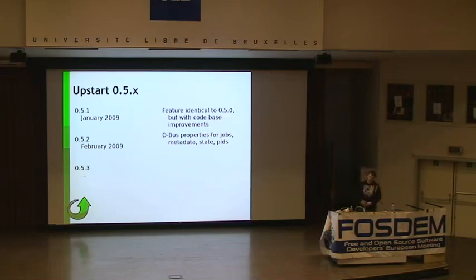And these are starting to bring in the code base improvements to do the further development. 0.5.2 is intended to arrive this month, and that brings some major changes to the dbus API, allowing you to get sort of various properties on the objects you can't get right now. Then there's 0.5.3 and so on planned after that with whatever changes occur. There's no particular full list of changes in a particular order. We're just developing them as and when.